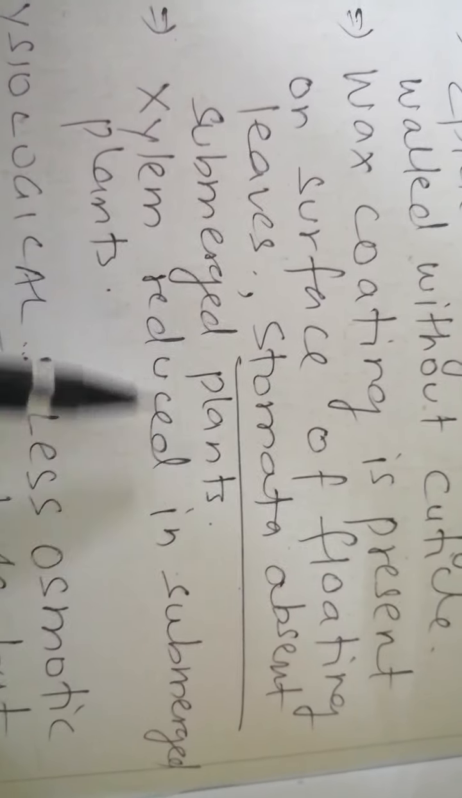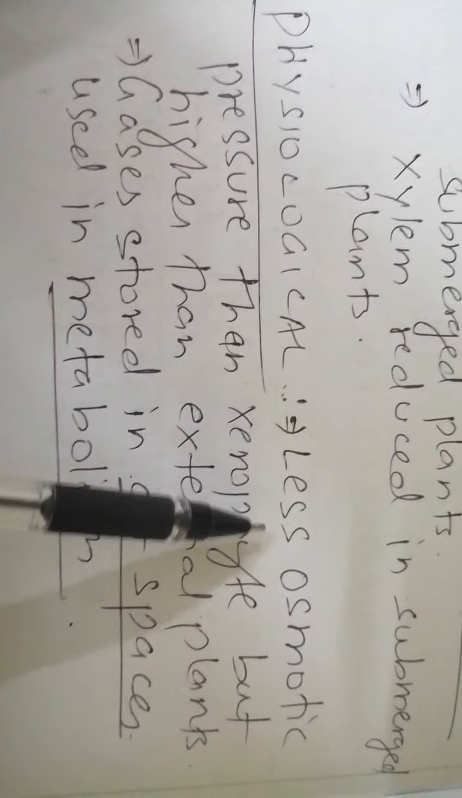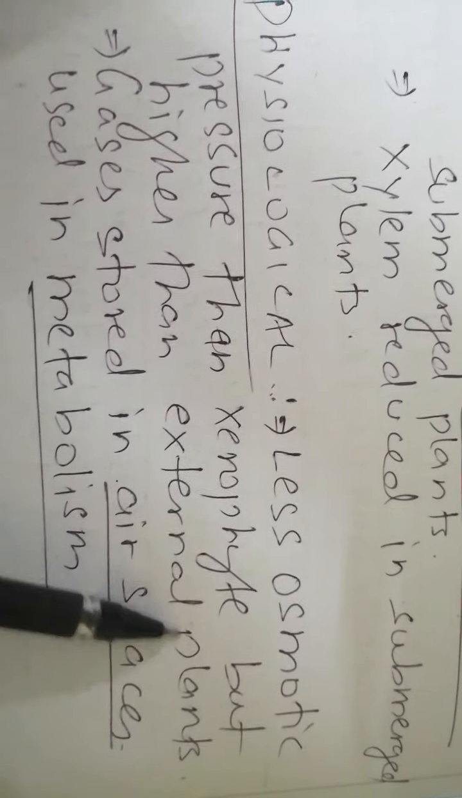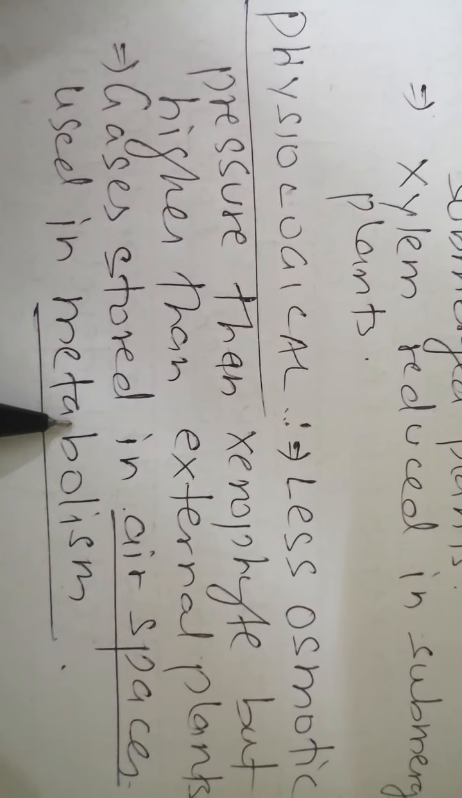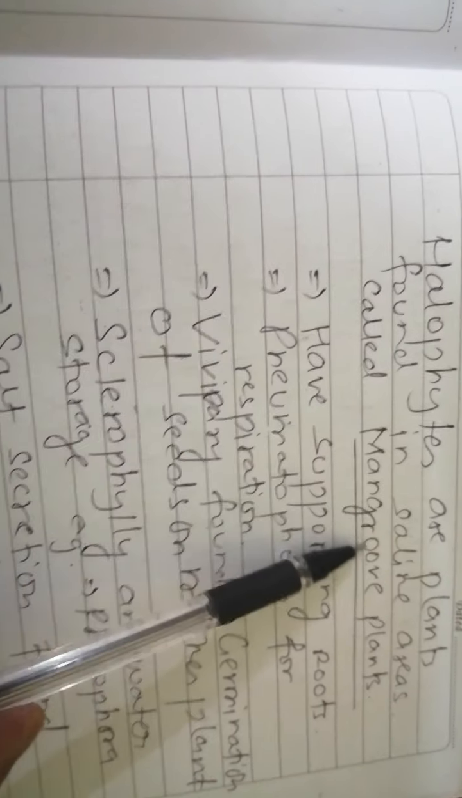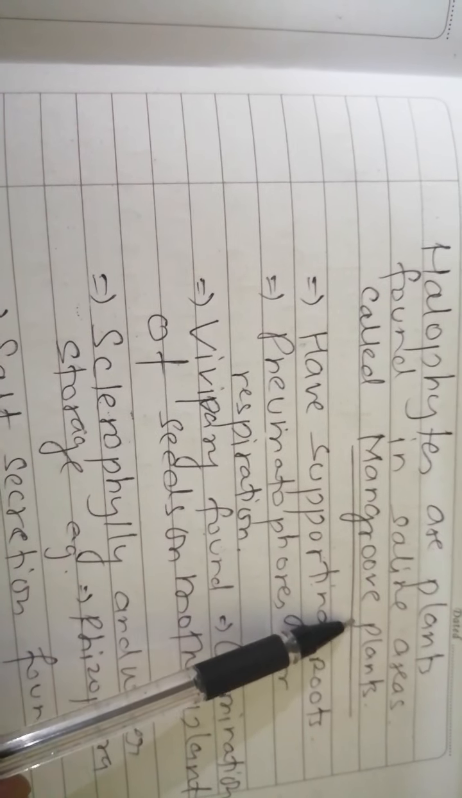Then xylem is reduced in submerged plants. Then comes the physiological adaptation: less osmotic pressure than xerophytes but higher than external water for the mesophytes. The gases stored in air spaces are used in metabolism. Now last is the halophytes, the plants which grow in salty conditions. These plants are also commonly known as mangroves. They have supporting roots. They also have